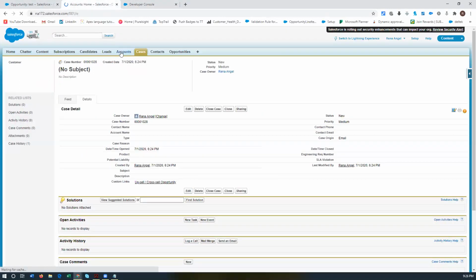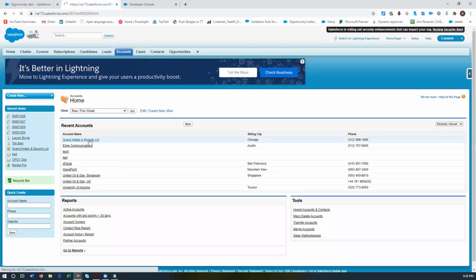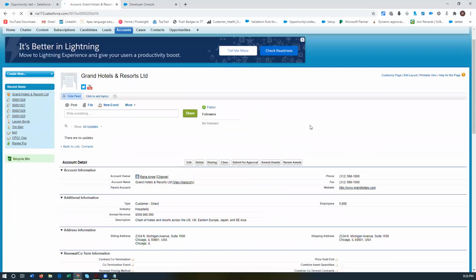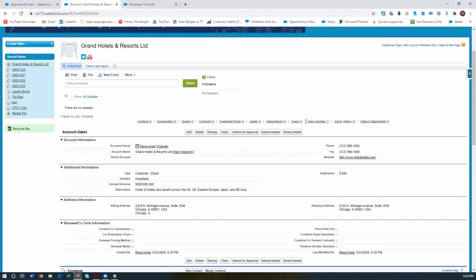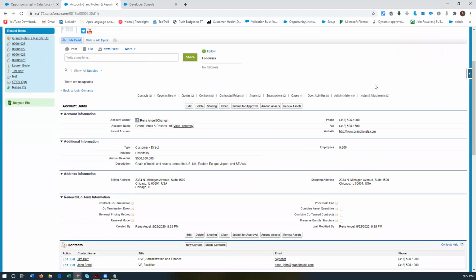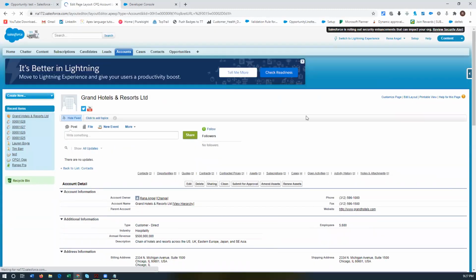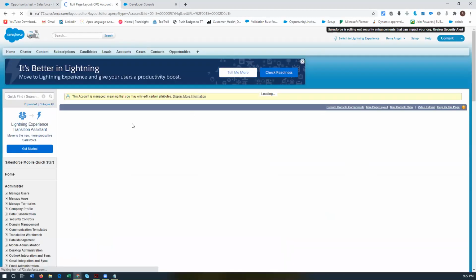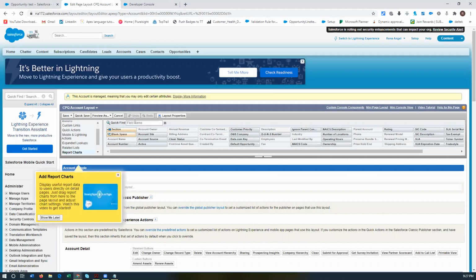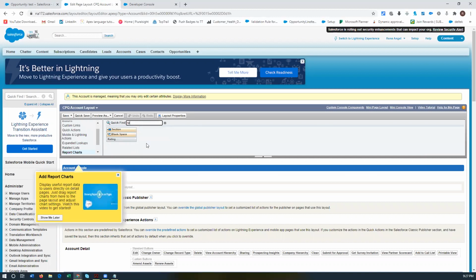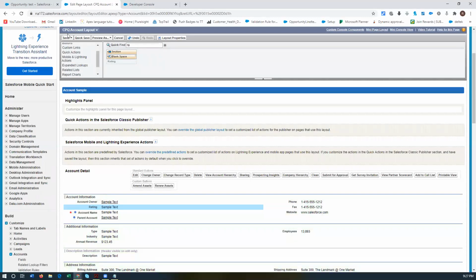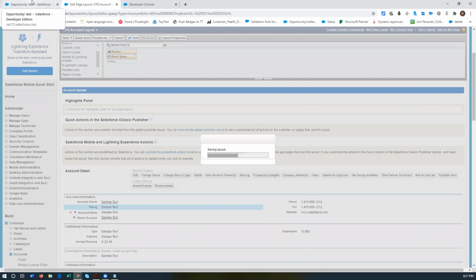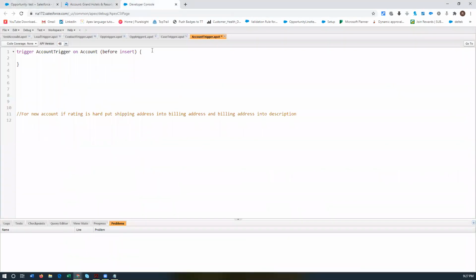Let's click on account and see the rating here. I don't see a field called rating in account. Go to page layout. Yeah, rating, here we have it. Okay, so basically,